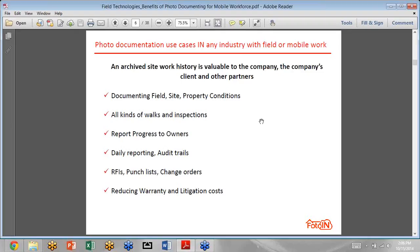So documenting field, site, property, job conditions, all kinds of walks and inspections, reporting on progress of the work done in the field to owners, daily reporting, audit trails, even workflows in terms of leveraging the field information together with the visuals, like requests for information (RFIs), punch list, change orders in construction, work orders in property management. And in the end, good photo documentation can also help reduce warranty and litigation costs